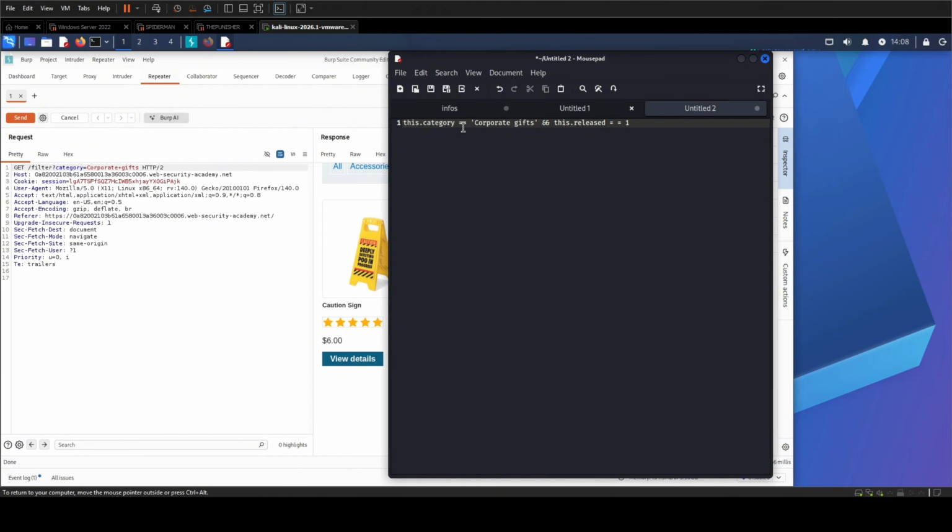It just has to show me where my input lands, which is right here, inside these single quotes around corporate gifts. Because those quotes are the whole game. In there, corporate gifts is text, a string, and the database reads everything between the quotes as one chunk of text. So if I can sneak a quote of my own in there, I get to close that string early and start writing whatever I want after it. Let me go do exactly that.